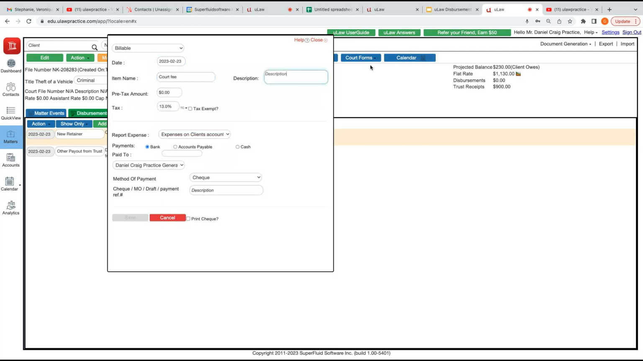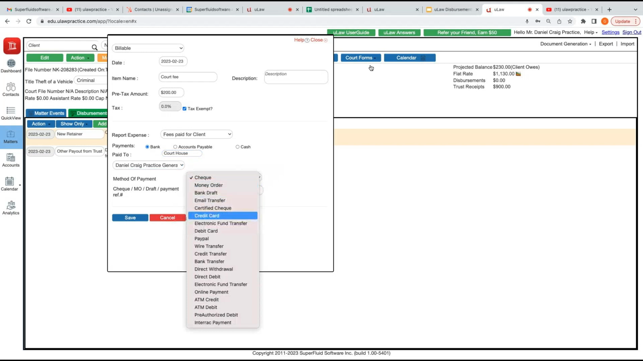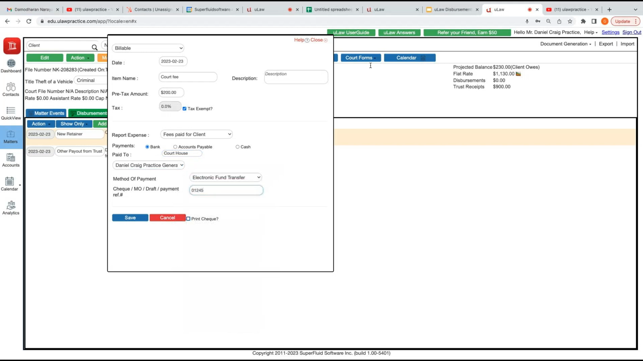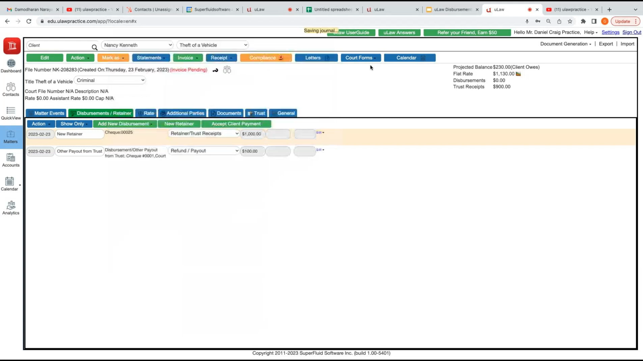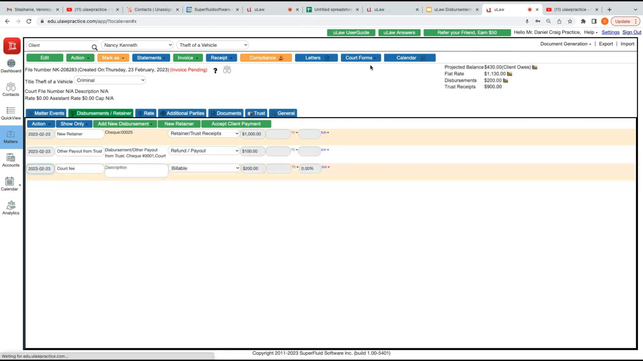So let's say this time you paid a court fee or filing fee from the general account. Okay, so it was tax exempt. You're going to choose general account and pay to probably courthouse, check, or online payment, and enter the reference number and save it. Okay, so while that was done,